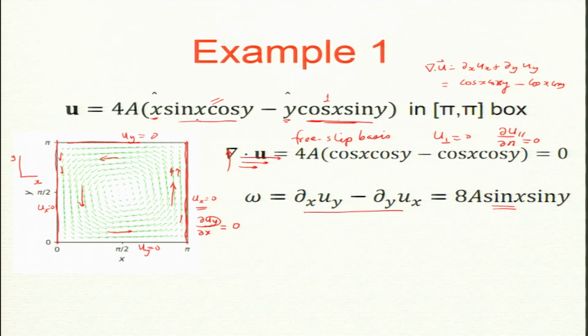If I take dy I will get this minus sin y and there is a minus sign again and it becomes plus. Okay. So, it is non-zero. You can see there is a hurricane. Now, vorticity is non-zero. What about energy? How do you compute kinetic energy?